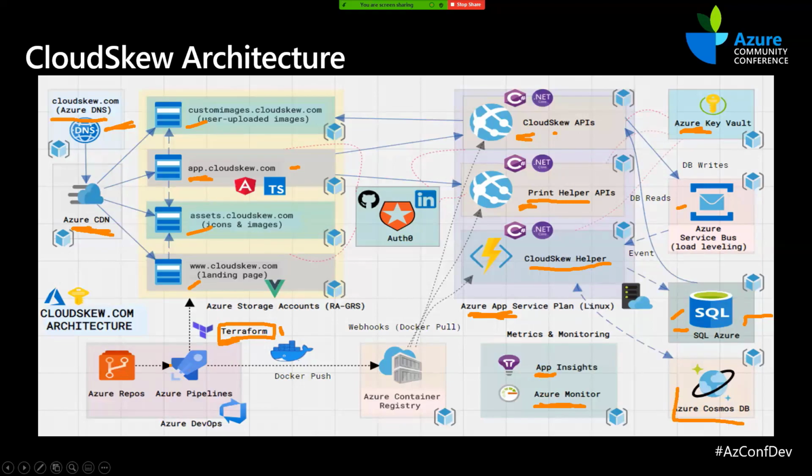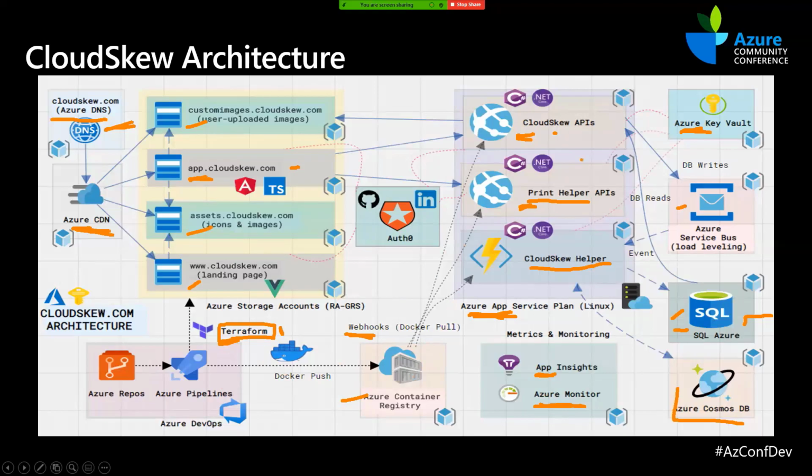That's provisioning. Now regular app deployments happen through Azure Pipelines. Every time there's a check-in into the main branch, the CI system kicks in and builds, tests, and packages the apps. Then, depending on whether it's a front end or a back end app: if it's a front end app, we just deploy it to the $web container in blob storage. If it's a backend app, we create a Docker image out of it and push it to the Azure Container Registry. There are a whole bunch of webhooks that wake up the app service, so the apps are then redeployed.